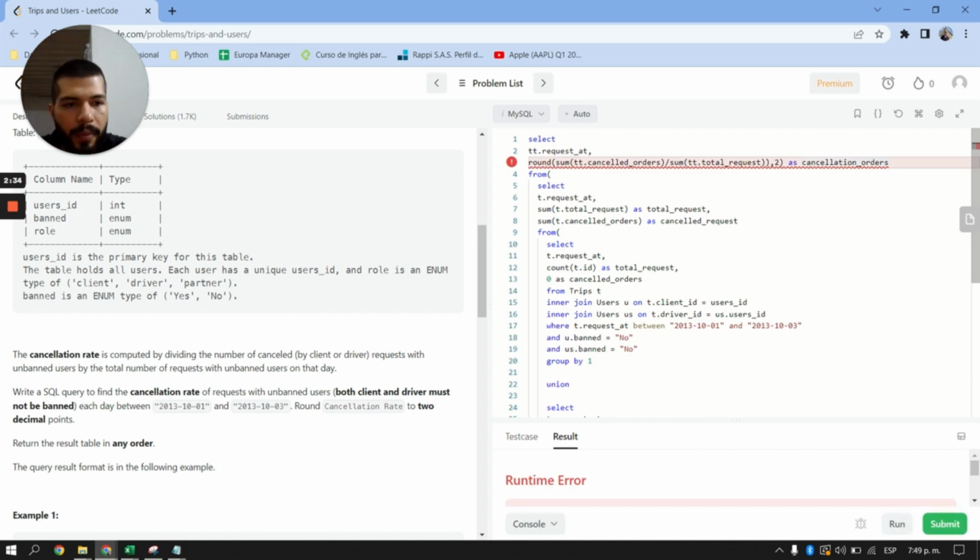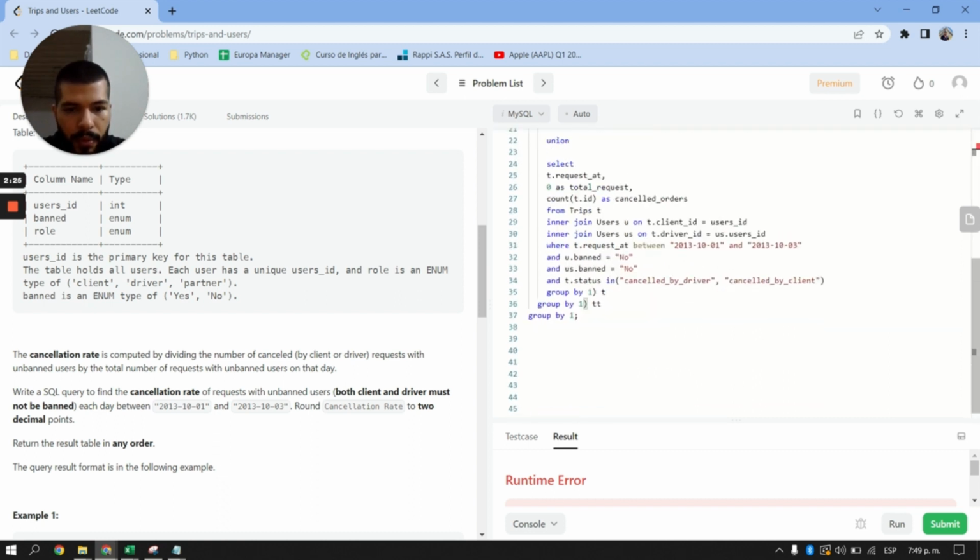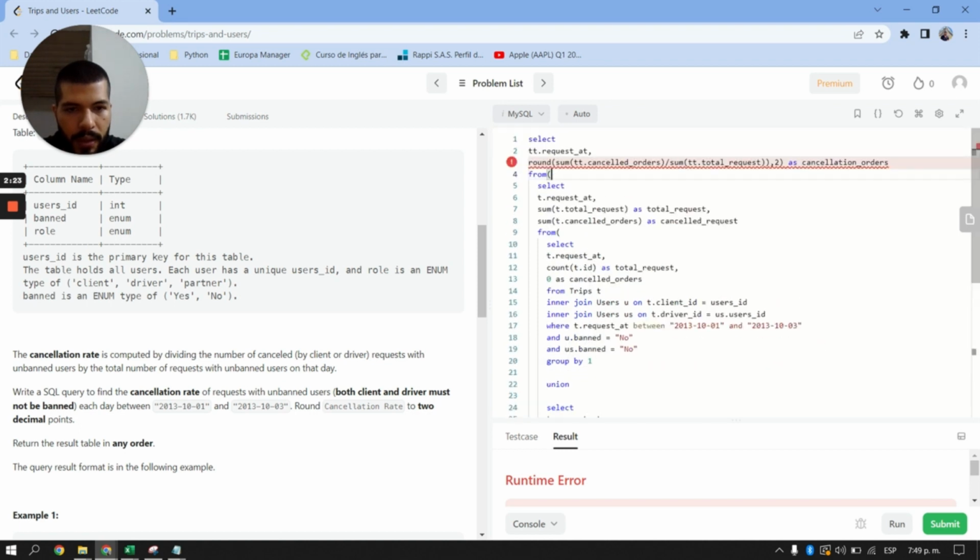And I have a problem here with cancellation order, maybe a parenthesis. What happened here? I have trouble here. No, it's okay here, but maybe here. Okay, let's check this one. Okay, I have a problem with this parenthesis, because I only need this one, this closing parenthesis here. So run the query again,